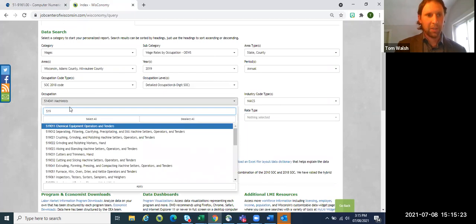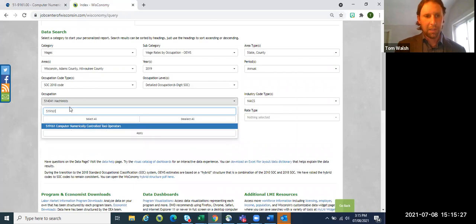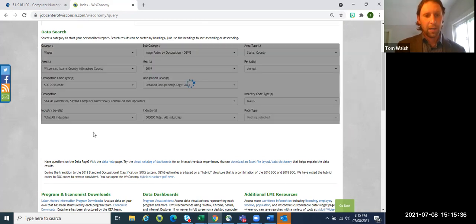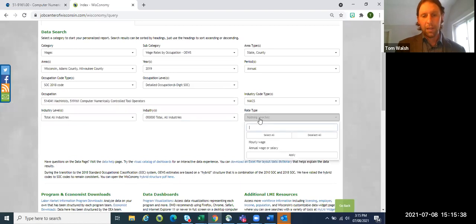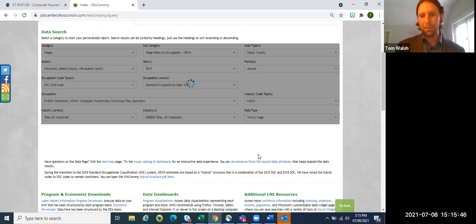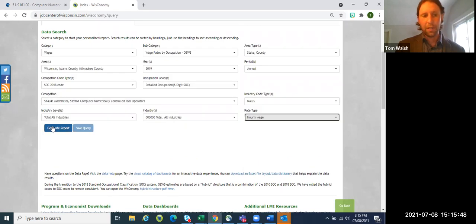And so this is probably a good example of why I just kind of knew it as CNC. It's actually all the way spelled out. So if I was just searching it, I might have gotten frustrated and not gotten there. And then when I hit apply, you can pick hourly or annual. I prefer the hourly. The annual is actually just a summation of assuming a full-time at an hourly rate.